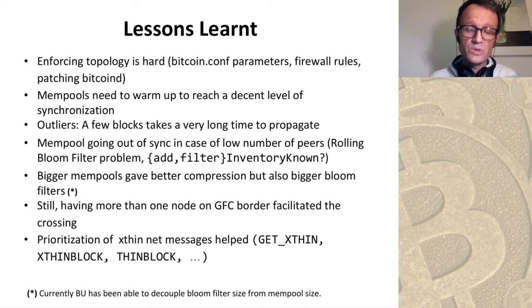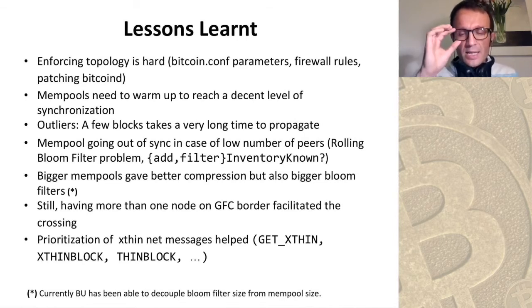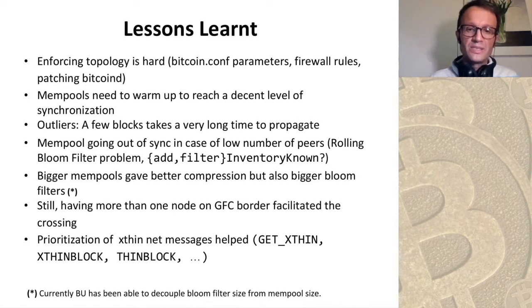Anyway, another thing that we have found out is that the only one node that we use as a bridge between mainland China and the other nodes outside of the Great Firewall of China, which was Hong Kong, was not enough to keep up with all the traffic. Another improvement that we made at the software level just in the beginning of the test was prioritizing the Xthin network messages, because we found out that in this way, the number of outliers and the measure of their propagation time reduced